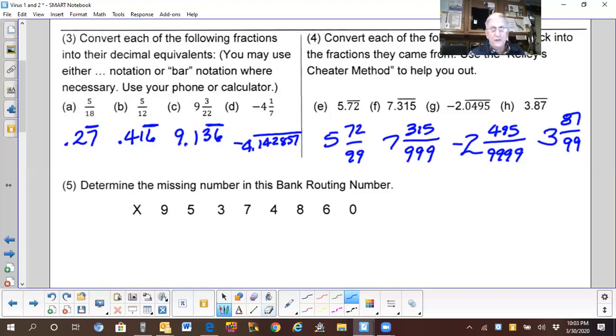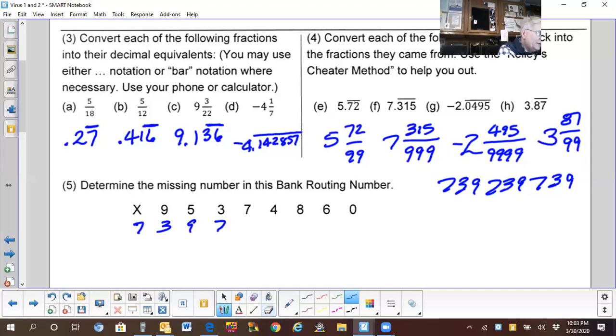Now, I will always tell you on the quiz or test or final exam that the code you have to multiply this bank routing number by is 739, 739, 739. Okay? Now, with that in mind, let's put the 739 under here. And let's multiply all the numbers together. All right, we'll get the answers first. Then we'll convert any of the numbers we get into mod 10 numbers.